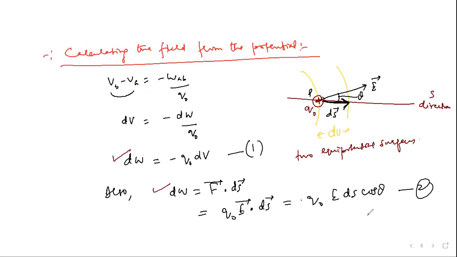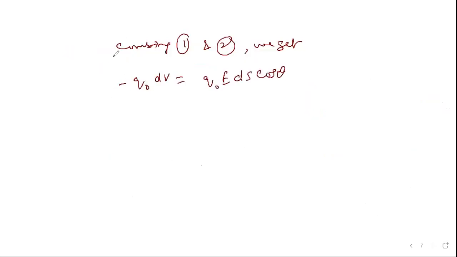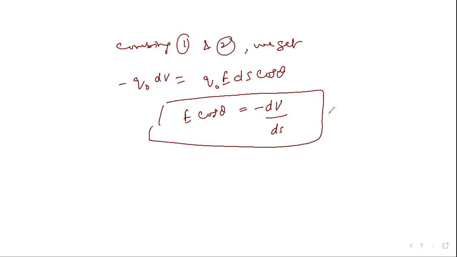So Q naught will go, I will get E cos theta is minus dV by ds. I name it equation third. I got E cos theta is minus dV by ds. Or I write it this way: E subscript s is minus dV by ds, where